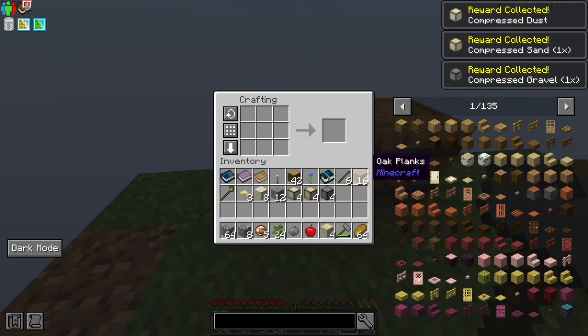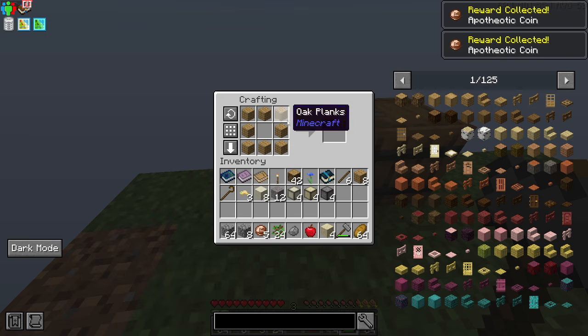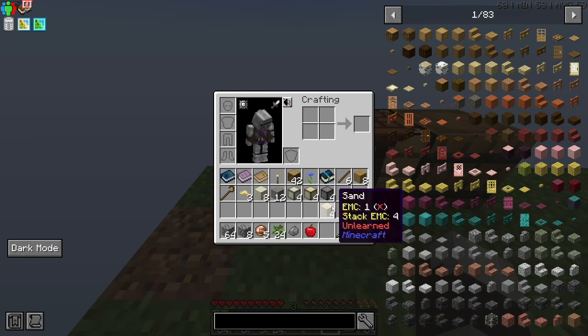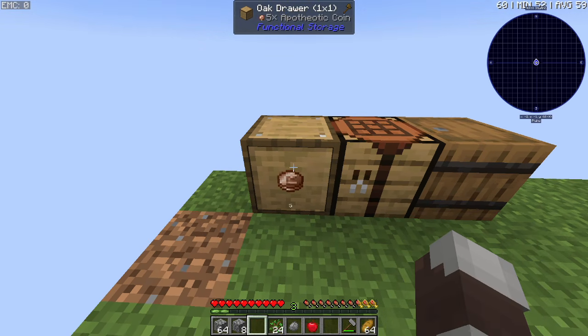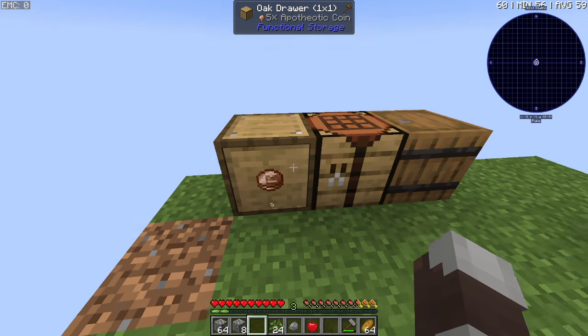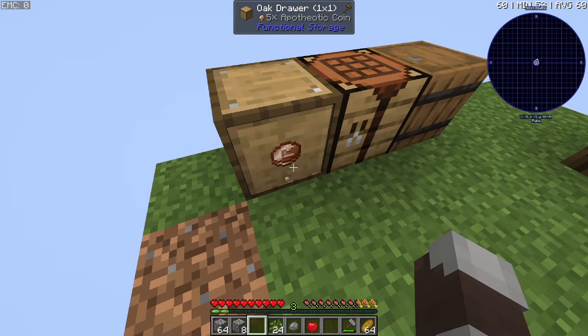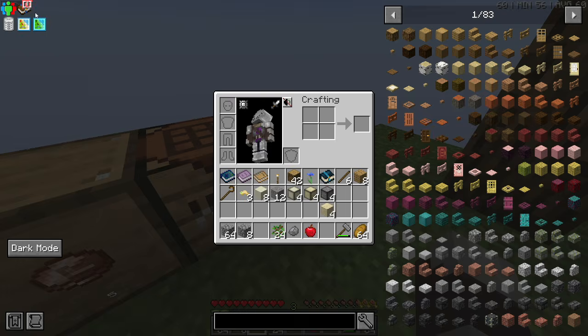I think the first thing I'm going to do for storage is quickly make a barrel, or a drawer, actually. In this mod pack, they made drawers way easier to get. Just costs a chest instead of a chest plus a bunch of other wood. And yeah, so we're just going to start stockpiling these apothic coins so that we continue using them all the way through the end of the pack,